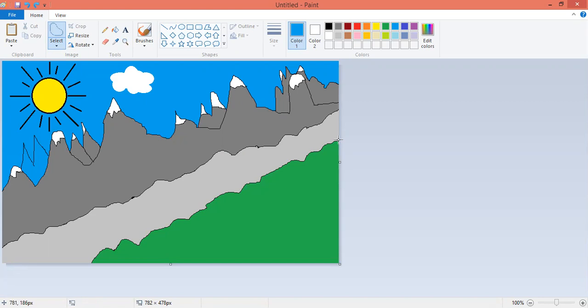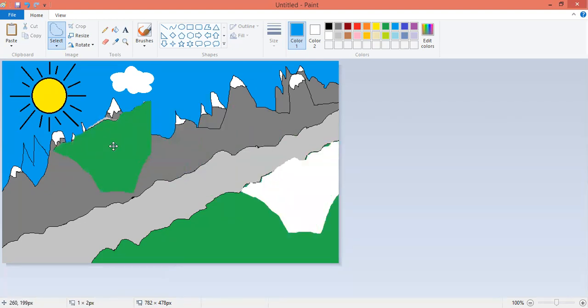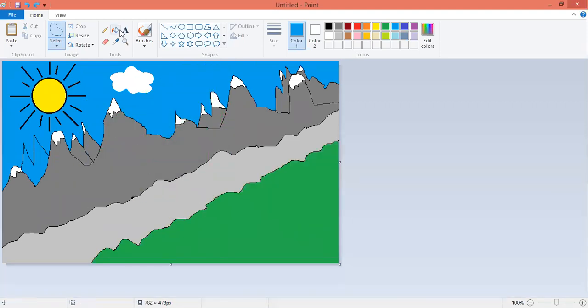For example, we have to cut the greenery. Now I am moving my mouse while pressing the mouse button, and I selected this area. Then I just move it, so we take out the specific area. But if you see, there is no white space, yes or no? If we use the rectangular selection, we select it and move it, so it will move in the form of a box. We can't select the area in a circle or in any shape.